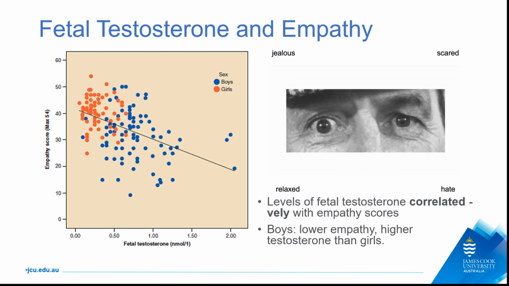Okay, now let's talk about fetal testosterone and empathy. This is really from our textbook. So we get to see a negative correlation. Unfortunately, the R value is not shown. I think it should be R equals 0.3 or 0.4. So basically, the higher our empathy score is, the lower our fetal testosterone will be. It makes a lot of sense. Boys are colored in blue, and girls are colored in red. Boys generally have lower empathy ratings, and of course, it's because it's also correlated with higher testosterone than girls. All right, take note of this. This is a correlational finding. It does not really imply causation.